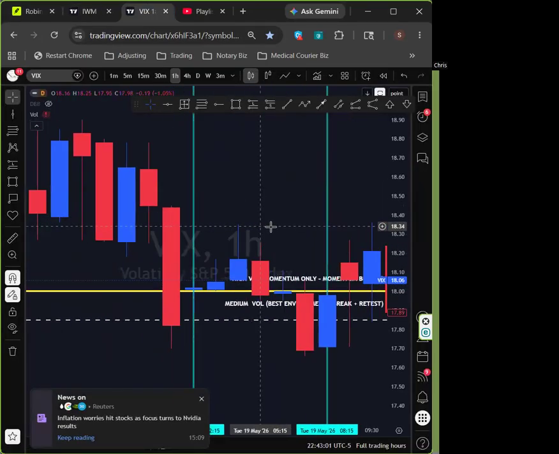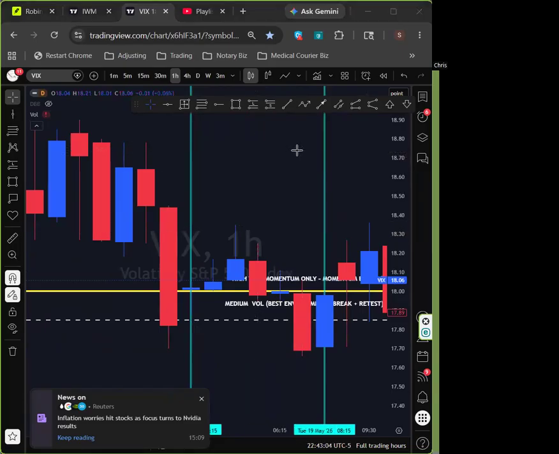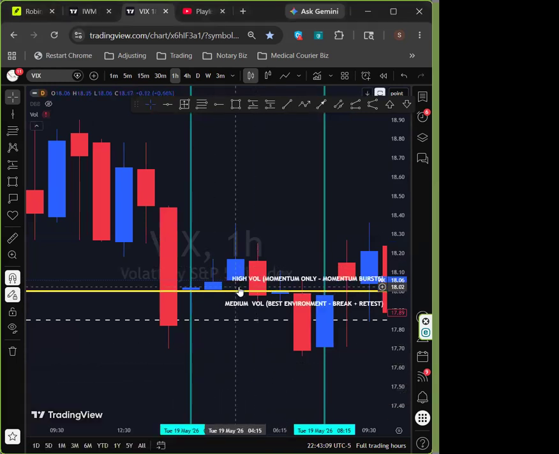The VIX today, see if I can make this smaller here. The VIX was doing pre-market in this area here. It was above 18 and then it dropped down below 18 right before market open. So that let me know what type of play I'm looking for. If it's between 14 and 18, it's the best environment for break and retest trading. So I have four different playbooks that I go by. Then I select the strike price that's closest to the 30 delta, and I wait for the 5 minute setup